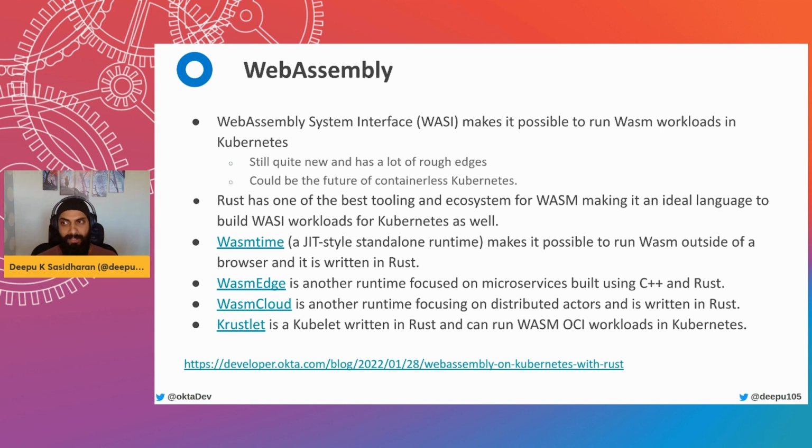But the WebAssembly System Interface, or WASI, makes it possible to run WASM workloads in Kubernetes. And it's still quite new and has a lot of rough edges. I wrote a blog post about it. You can find the link at the bottom of the slide. It's quite rough. It's definitely not production ready, but it could be the future of containerless Kubernetes,